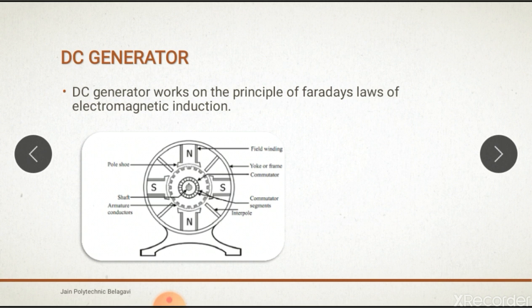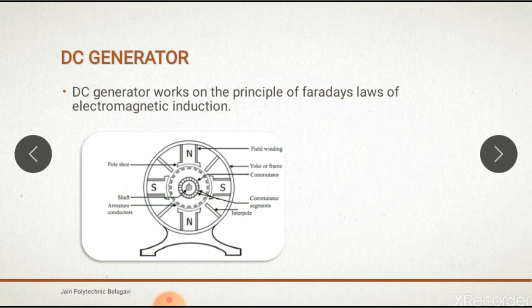Second point is the rotor, on which the armature winding and commutator are placed. When the rotor rotates, armature windings placed on the armature cut the field flux and get the EMF induced in them. The voltage induced here is AC. This is converted to DC by means of commutator connected to armature windings. This DC voltage is collected by brushes rubbing against the commutator segments and is supplied to the external circuit.